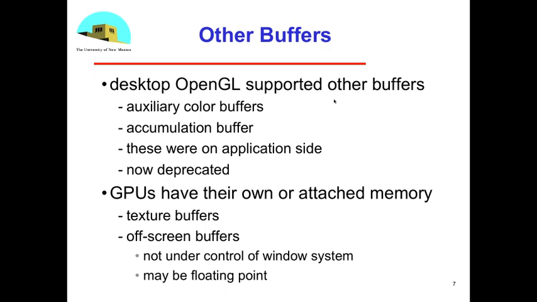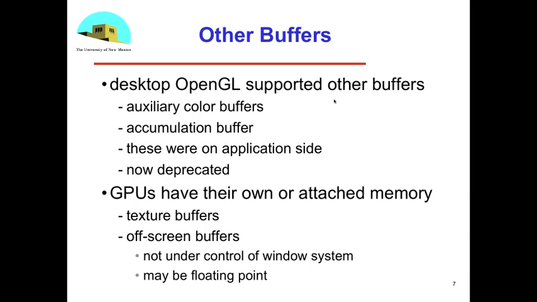You're doing arithmetic on a group of pixels, and in order to not have tremendous round-off errors in that calculation, you really want to do it in floating point, and the way that was done then was to create a buffer on the CPU side which would support floating point operations. The difficulty with these was that it was really slow, because you were sending information back and forth between the CPU and the GPU,